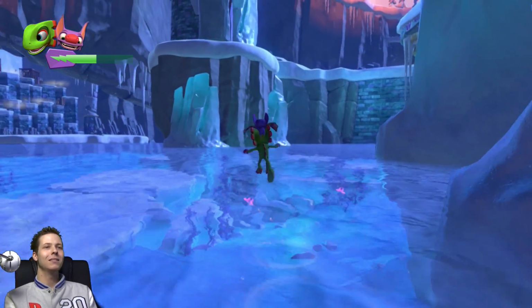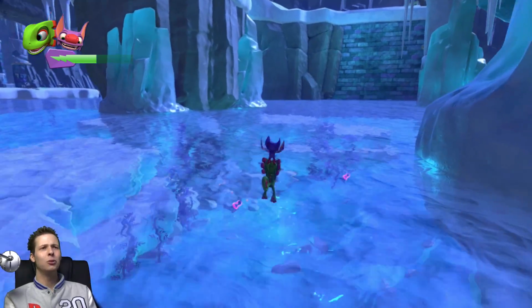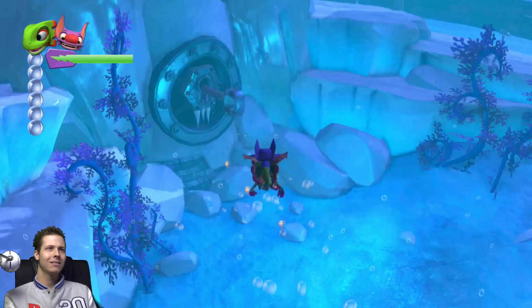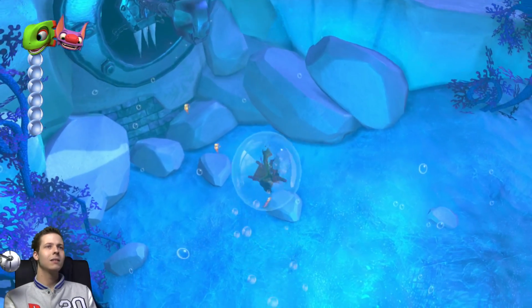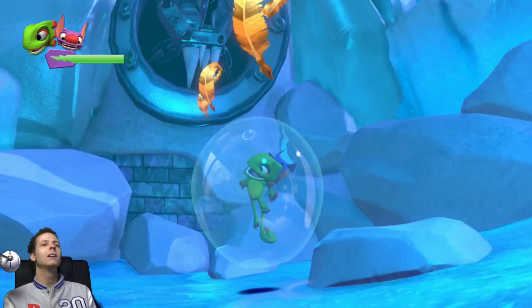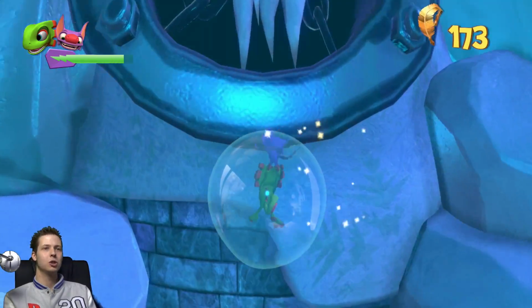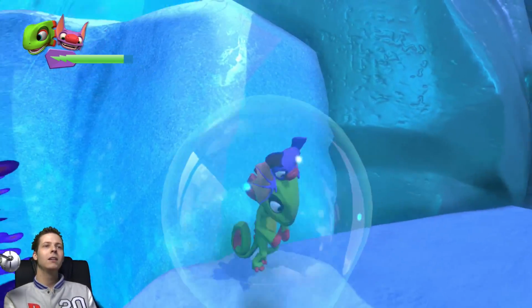Where is it? Where's the door? Is that the door there? There's a key by it, so yeah, there it is. Let's get these quills. We're going to need them when we go to the swampy world so we can buy the